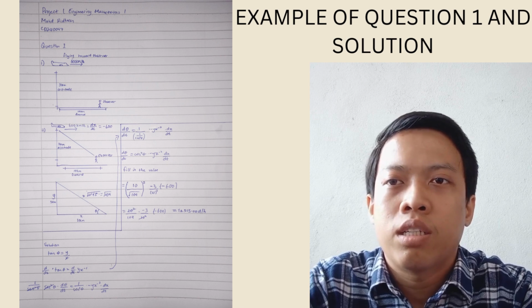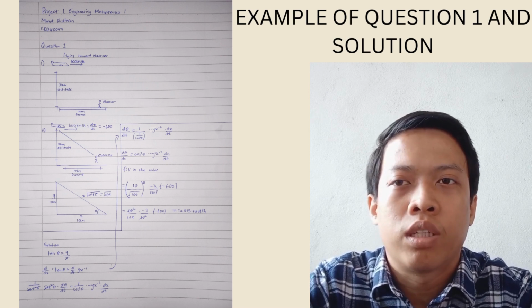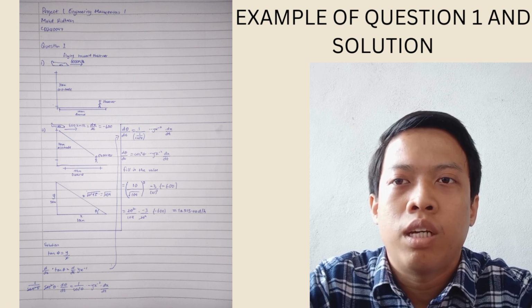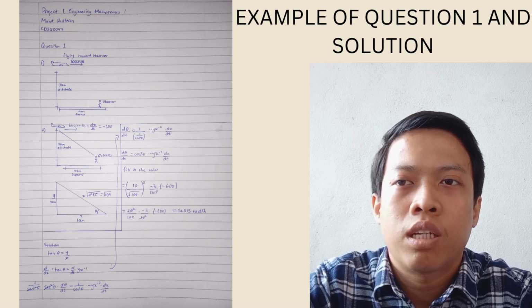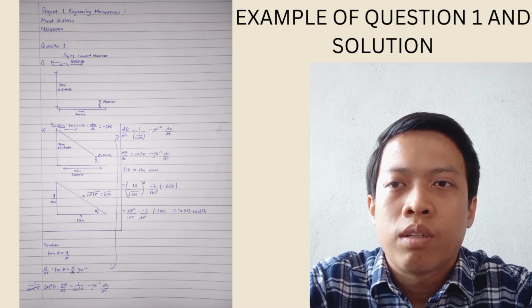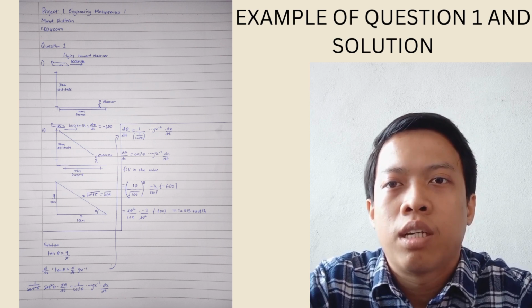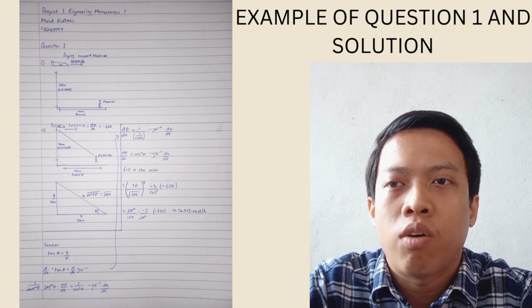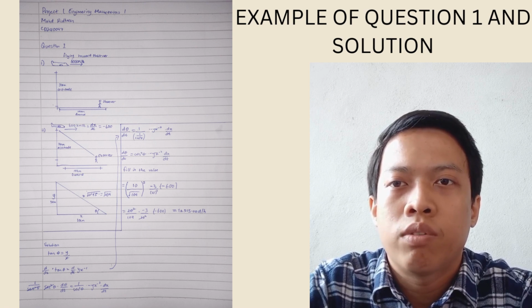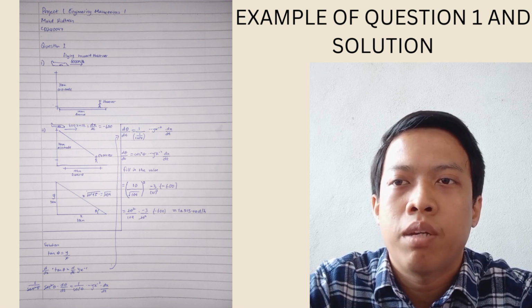This is the answer of the sketch diagram for the first question. The airplane at an altitude of 3 km flies toward the observer at 600 km per hour. The question is, find the rate of change of the angle of elevation, that is, how fast the angle between the ground and the observer's line of sight to the airplane is changing.